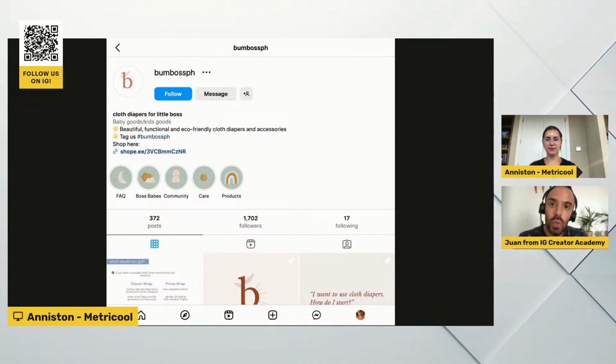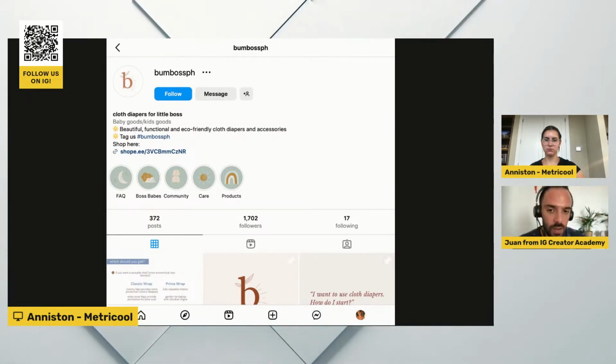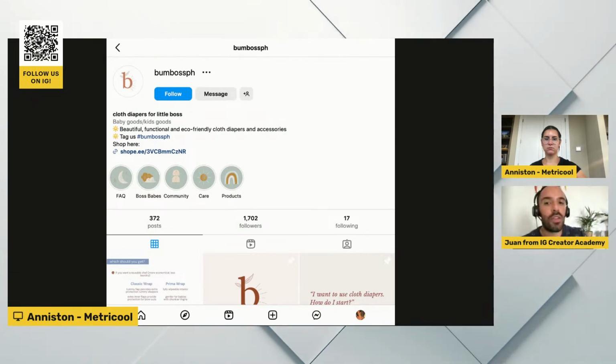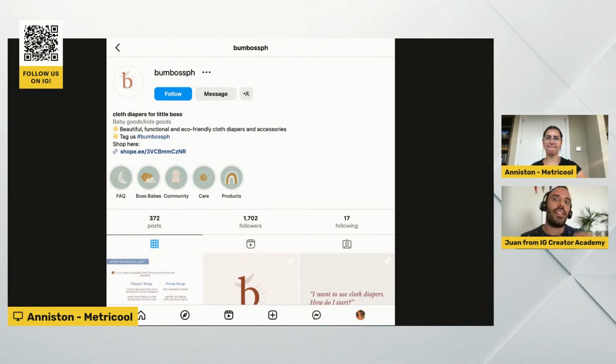If you have a branded hashtag, so this means a hashtag that is about your brand or business, it is okay to add it in the bio. Even if people leave your profile, they're still going to a branded hashtag, so they're still in your world, in your brand. So that's a good one.